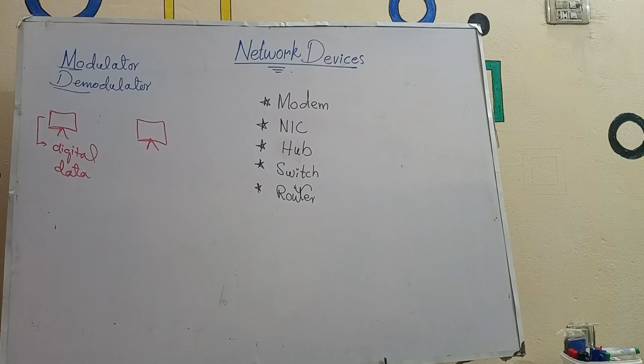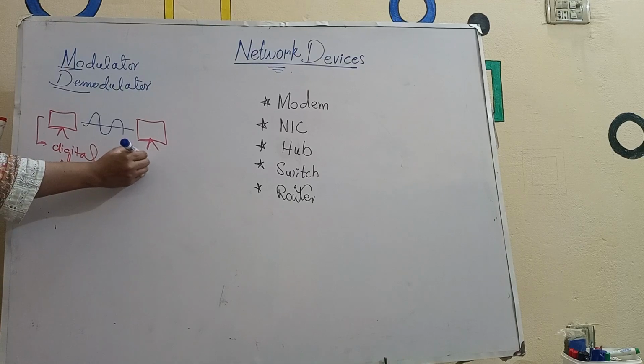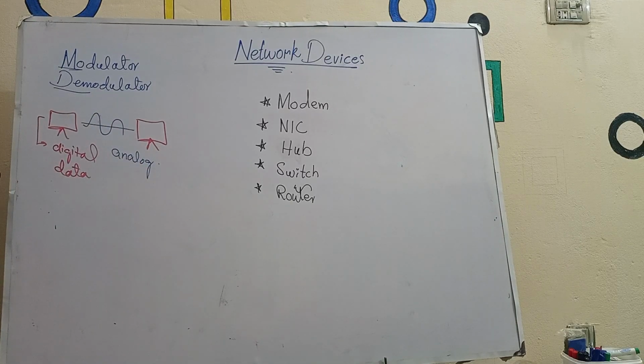But telephone lines send the information using analog signals. So people were using telephone lines to build the network or to access the internet services. Here the telephone line processes the information using analog signals, but the system itself uses digital signaling or digital data. So here the purpose of modem was